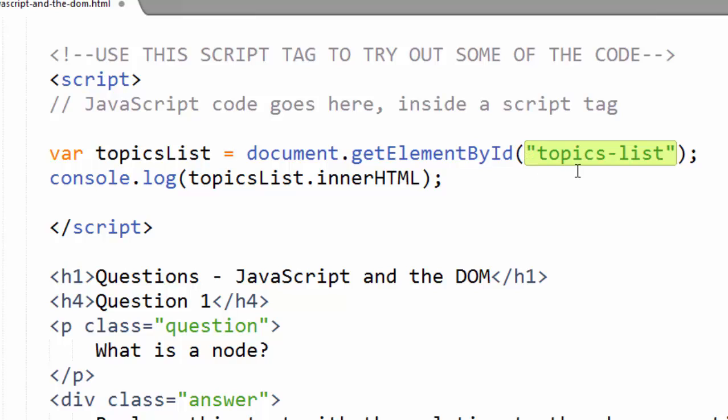Okay, anyways, so we're getting a handle on the list that's at the top of the page, and then what we're logging out here is this inner HTML property. So all nodes have this property, and what this will do is give us a string of all the tags that are nested inside this list. Remember, a lot of HTML tags can contain other tags, and list tags, in this case an unordered list, contain li tags. So this is going to show us all the li tags that are nested within that list. So I'm going to go ahead and save this, go back over to the browser,